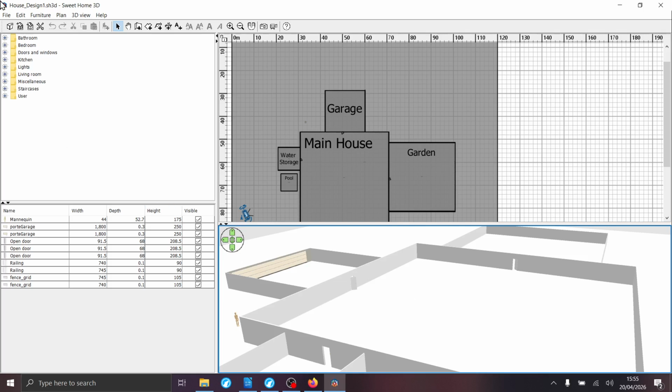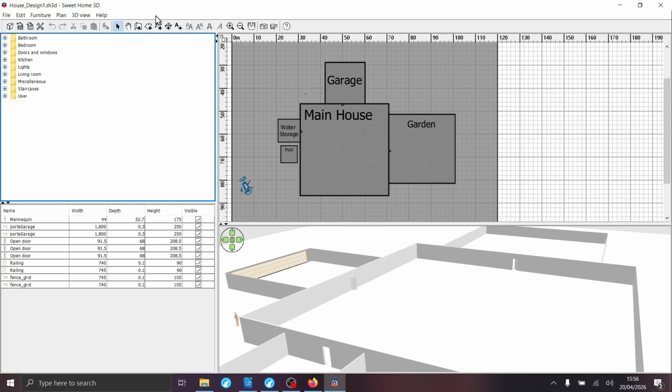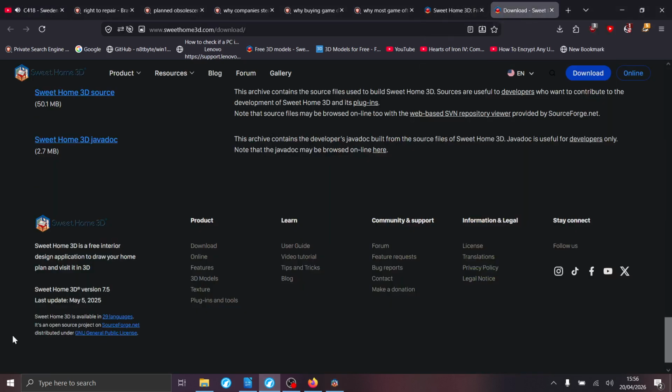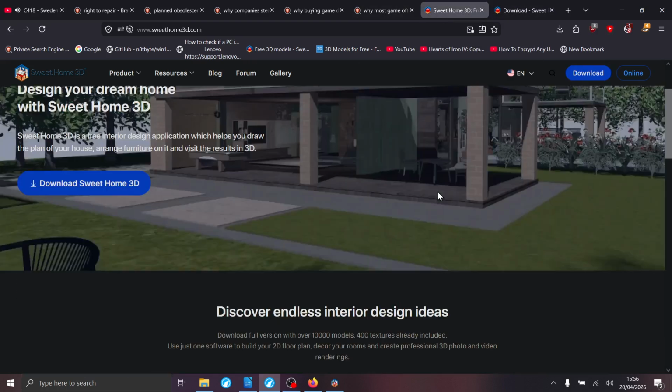Back to what I want to explain. The first thing you notice is that I'm using a program called Sweet Home 3D. The reason I use this program, well, not exactly the reason, but there's more than that. The first thing you might want to know is that this program is basically free.